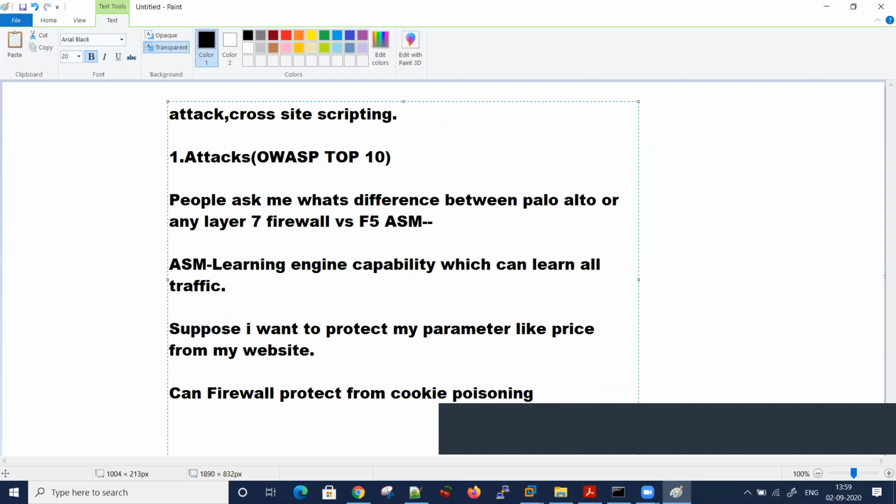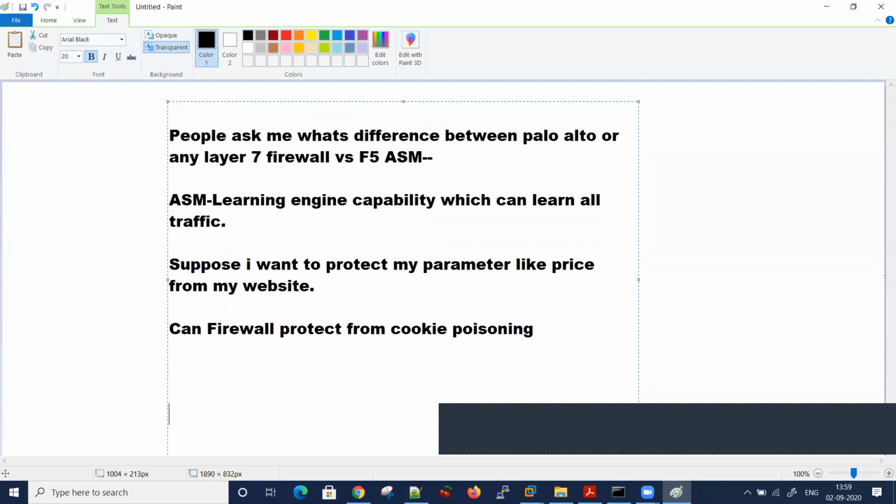Generally Palo Alto has introduced behavior analysis, but right now in the industry, according to me, you should use hybrid technologies so that traffic can be distributed between different devices.